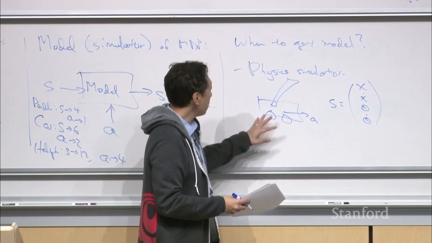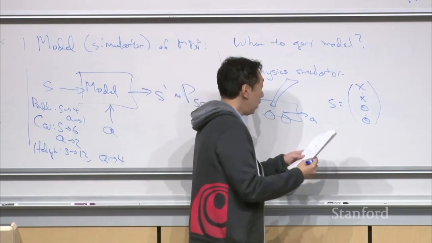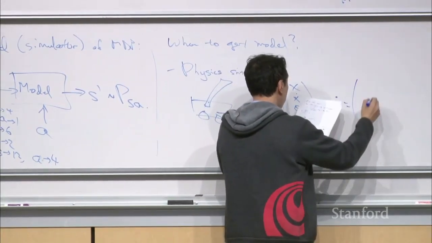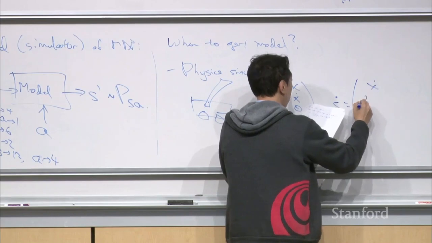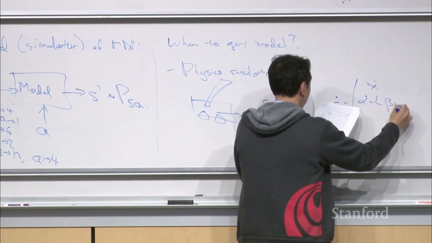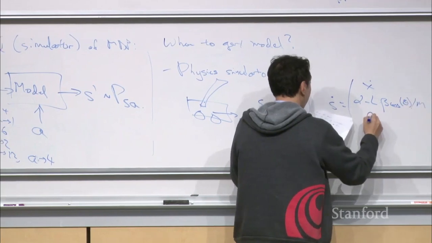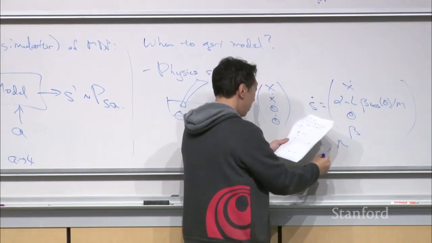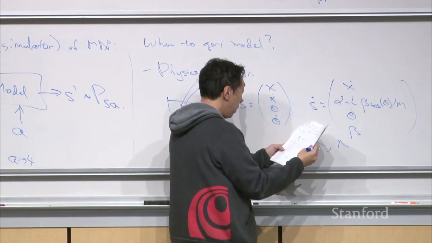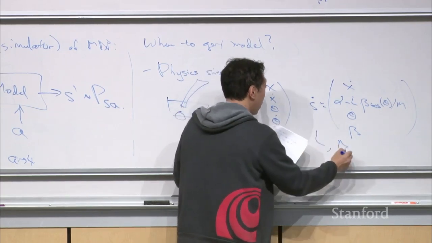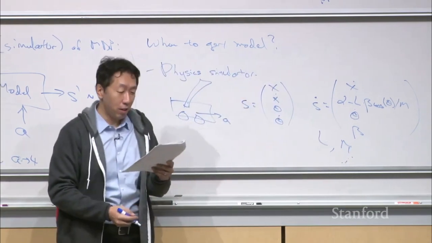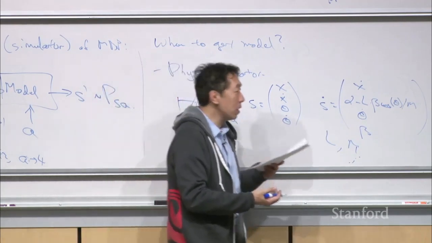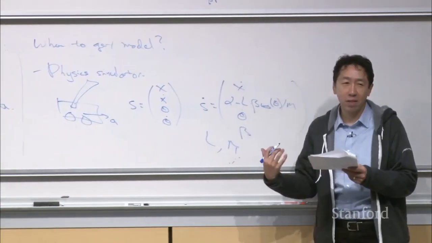if you know the mass of the cart and the mass of the pole, and the length of the pole, you can derive equations for the velocity, right? So s dot is equal to this. Don't worry about this. Think of the math as decoration rather than something you need to learn. Where L is the length of the pole, m is the pole mass, A is the force exerted, and so on. And a conventional physics textbook will let you derive these equations,